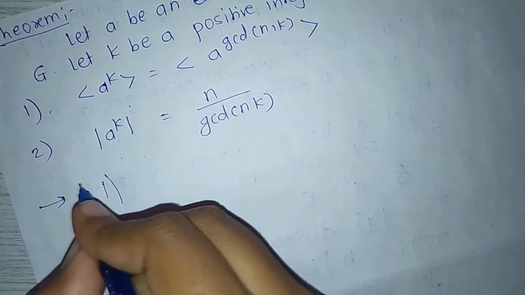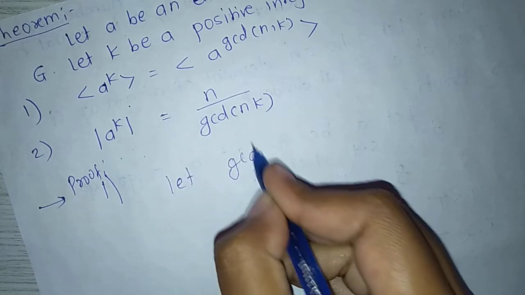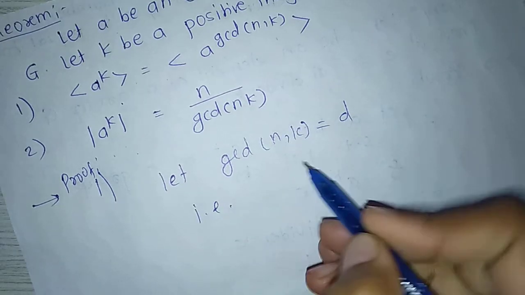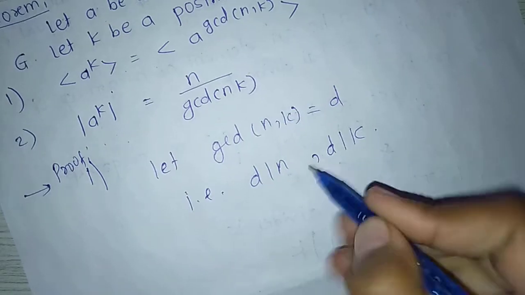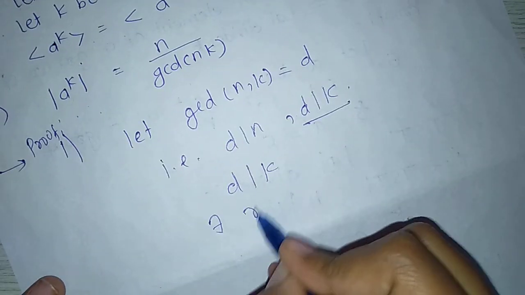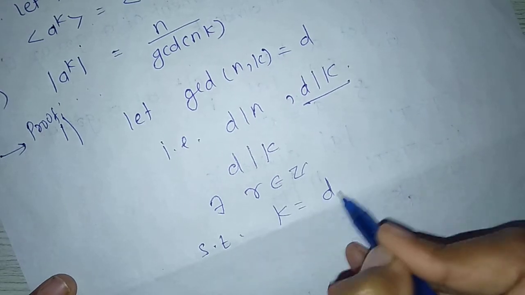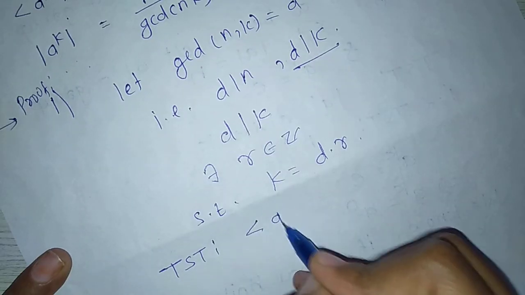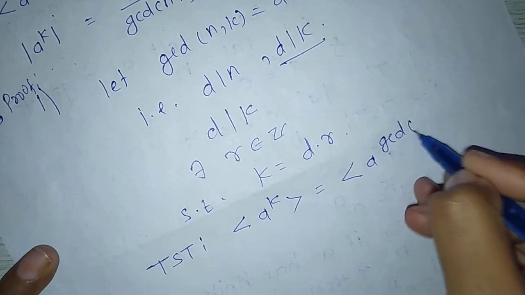For the first, let GCD of n, k equal d, that is, d divides n and d divides k. Now consider d divides k, which means there exists an integer r such that k equals d into r. To show that the set generated by a raised to k equals the set generated by a raised to GCD of n, k,